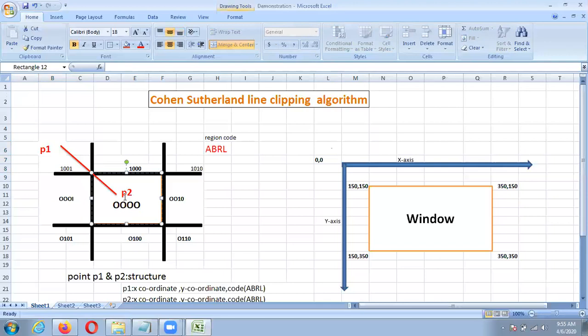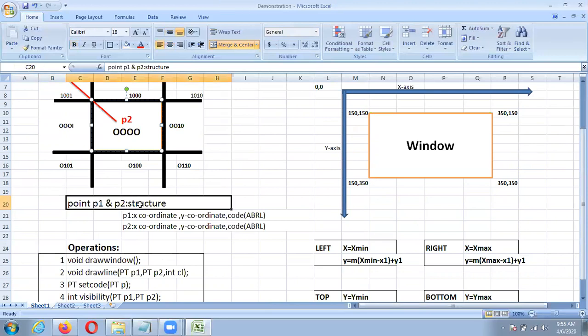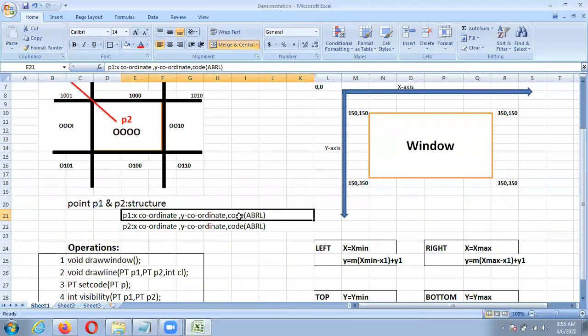For P2 also the same. So we define one structure that contains 2 integer values, the x coordinate and y coordinate, and we store this ABRL code in a character array.